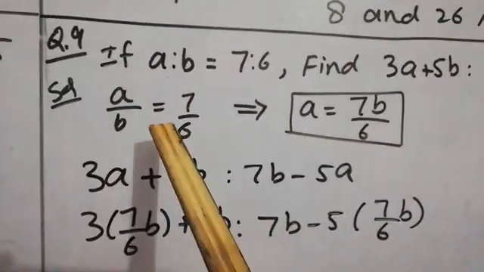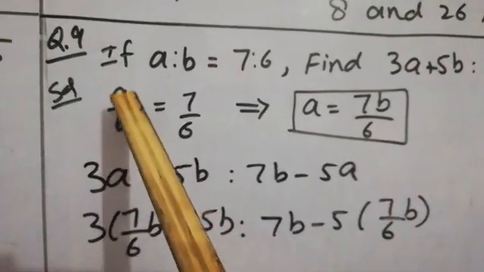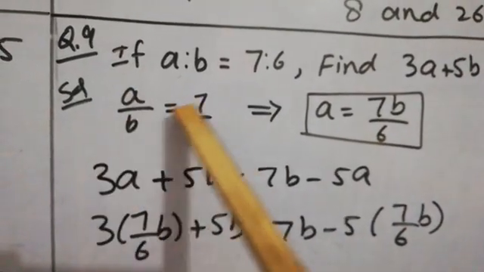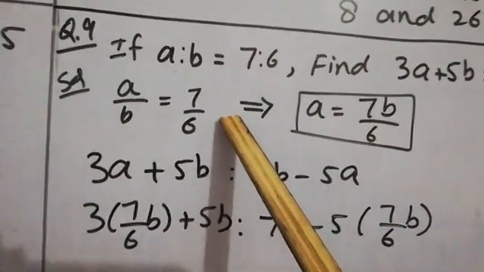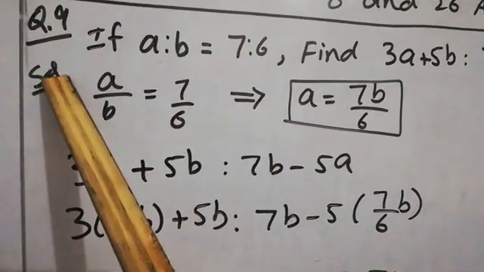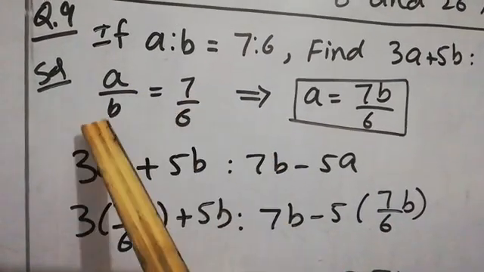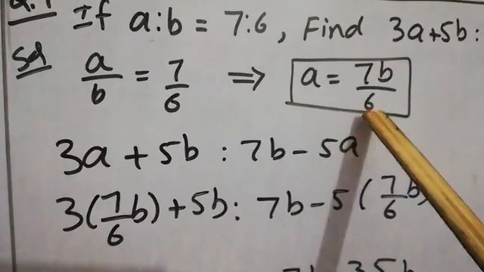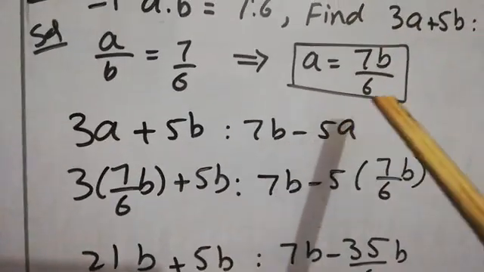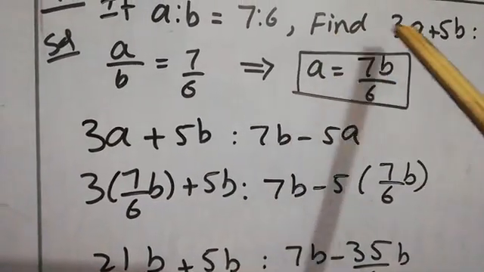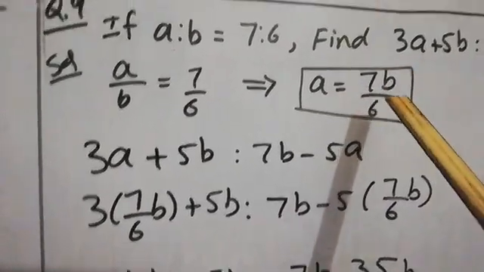From this we can find the value of A. If we multiply the equation by B, then we will get the value of A, which is equal to 7B by 6. Okay, 7B by 6. Now we will put the value of A, which is 7B by 6, in the given